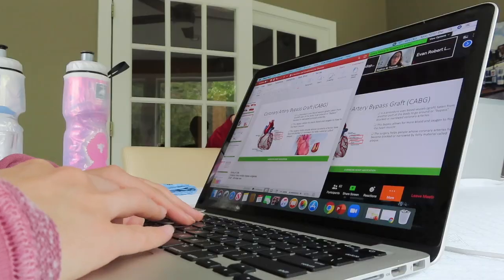But yeah, I feel like because all the lectures are already up on Canvas, I'm just going to get through those first before I start reviewing. Sometimes I will take my notes while I'm watching the lectures, which I think is helpful, but I don't think I have enough time to do that this week, so I'm just gonna get through all the lectures first and then take very brief notes on all of the lectures after that. But I have my Zoom meeting now, so